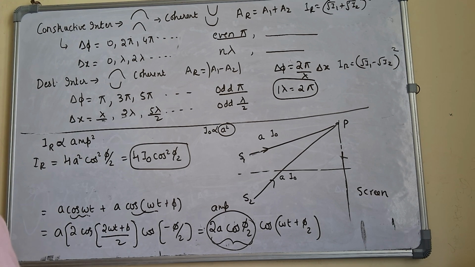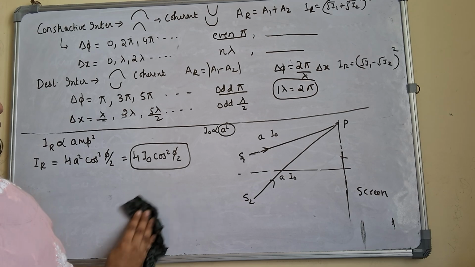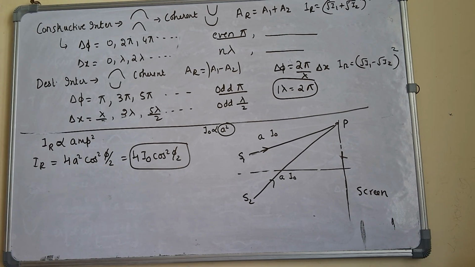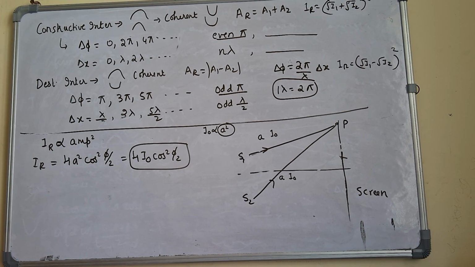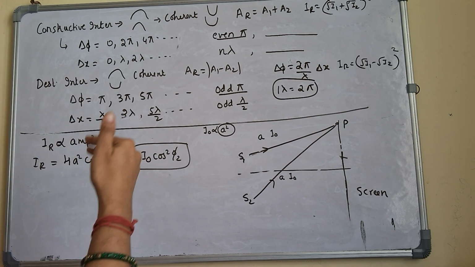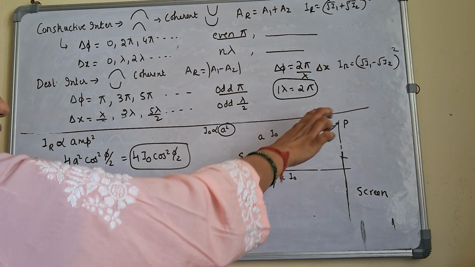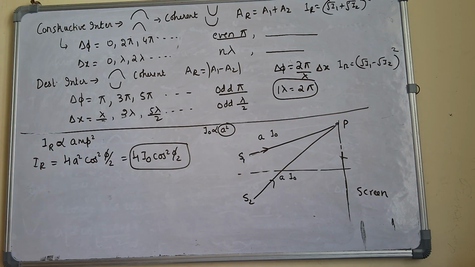Okay. Now let us see what should be the condition for constructive and destructive interference. If you are thinking whether, at a point P, it is going to be constructive or destructive, you will understand that when we do Young's double slit. Here we are not going to do all this in this video. We are only going to understand, if I have two coherent sources and there is some arbitrary point P, what should be the condition for constructive and destructive interference. First, let us